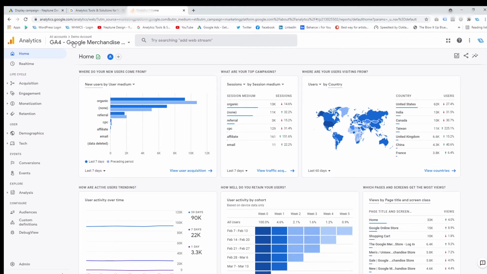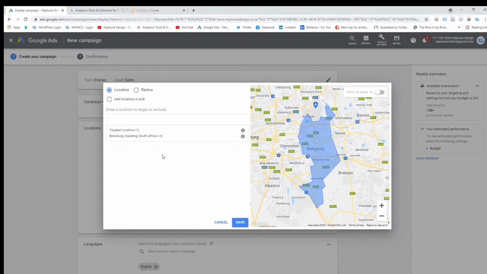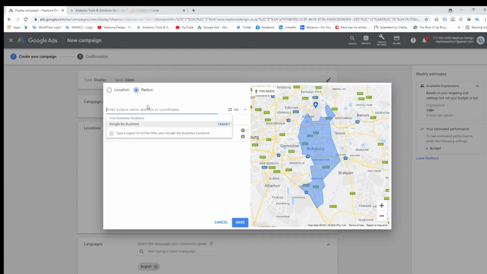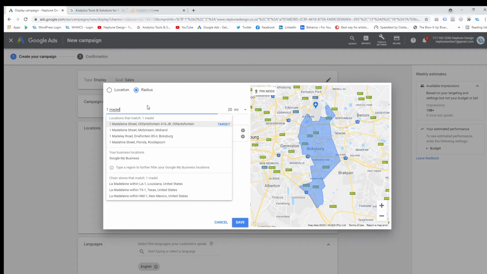So that's how Google Ads knows when somebody is on a particular website and when they are in your ads target area. So going back to my example over here, now I've got a shop and the shop is in Boksburg, and I want to maybe target everyone within 25 miles of the Boksburg Central Business District. So I'm just going to click on radius over here, and here I can even put in an address. So let's try this out. I want to try and put this address over here,